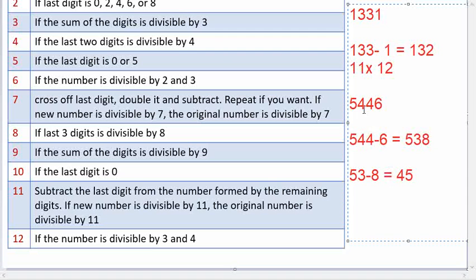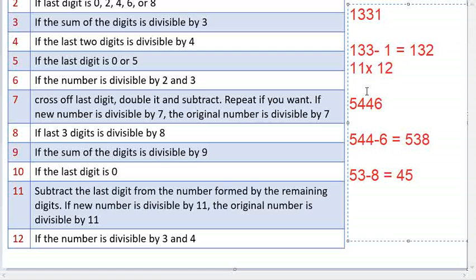Let's try this test with another number, 5446. Okay, follow the same rule. Remove 6 and subtract from the remaining number. So 544 minus 6, right? So it becomes 538. Now is 538 divisible by 11? Again try the same rule. 53 minus 8, that is 45. Is 45 divisible by 11? No. That's why 538 is not divisible. That's why